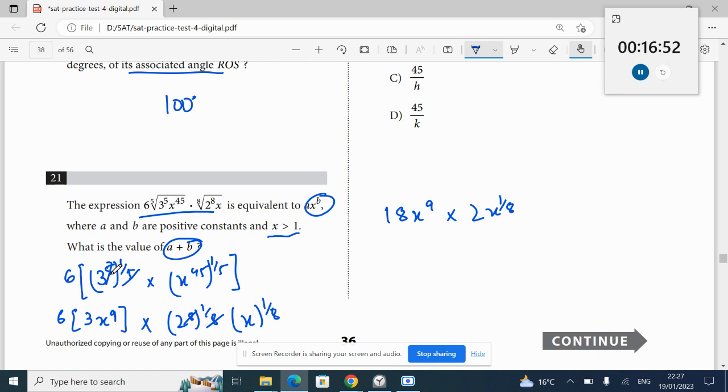This has to be 45 divided by 5, which is going to be 9. And then 6 multiplied by 3 is 18. x to the 9. Perfect. Maybe this is... Okay, so what's happening here is